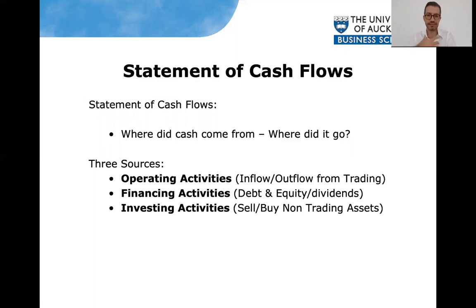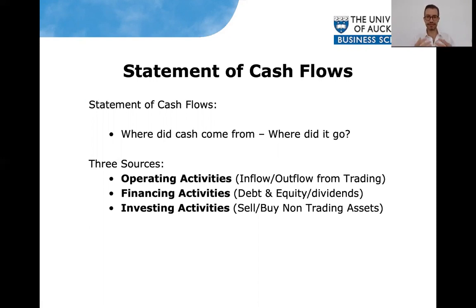The second one is financing activities. So you're not selling products, but for example, you can have more cash coming into your account because you have got a loan from the bank. So the bank gives you $100,000, which means that your bank account grows by $100,000. The same when you're paying back your debt, or when you're paying dividends, or you're buying back your shares. So whatever related to financing will change the level of your cash in your bank, but is not related to your main operations, again, selling products.